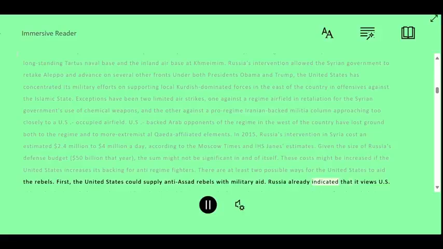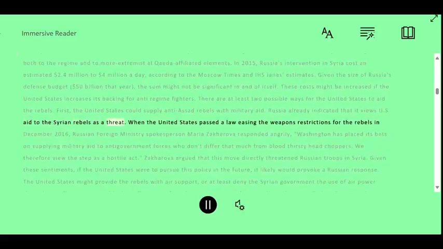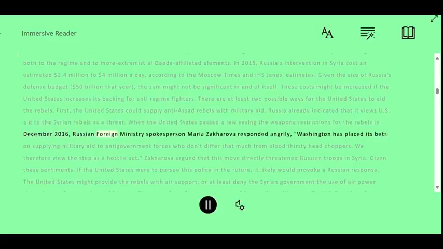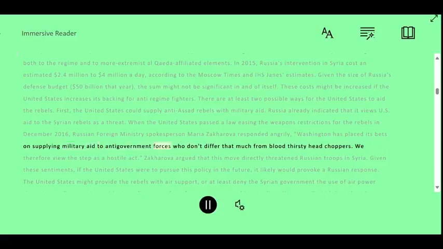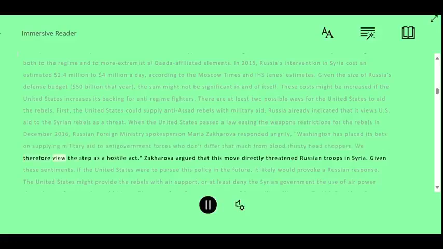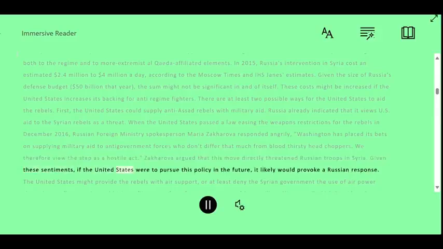Russia already indicated that it views US aid to the Syrian rebels as a threat. When the United States passed a law easing the weapons restrictions for the rebels in December 2016, Russian Foreign Ministry spokesperson Maria Zakharova responded angrily. "Washington has placed its bets on supplying military aid to anti-government forces who don't differ that much from bloodthirsty head choppers. We therefore view the step as a hostile act." Zakharova argued that this move directly threatened Russian troops in Syria. Given these sentiments, if the United States were to pursue this policy in the future, it likely would provoke a